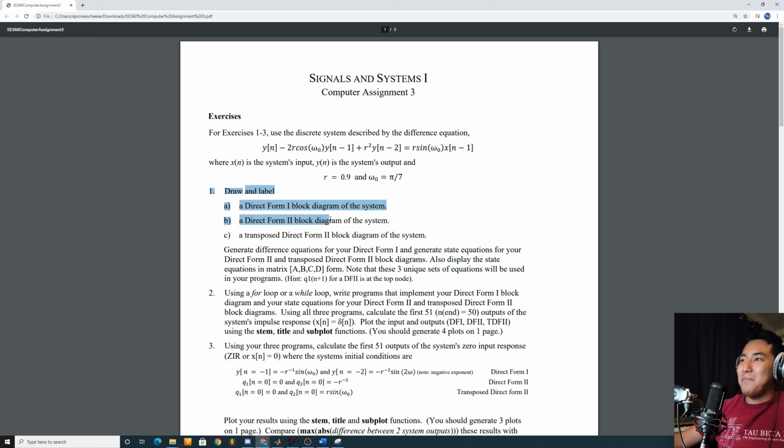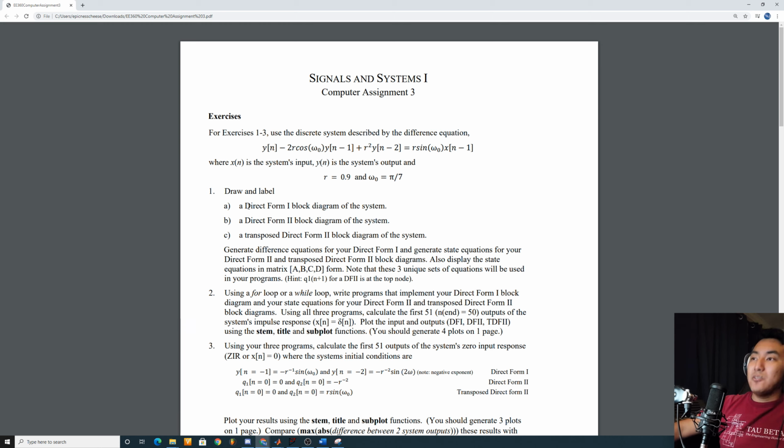Exercise 1, draw block diagrams. Note you're going to have 3 unique equations. Don't just give me the direct form 1 block 3 times. Don't do that. There's 3 unique equations. Yes, the y output eventually becomes the same, but there's 3 ways of implementing that output. And note this is a state space diagram. And I give you a hint for the top node for the direct form 2 block, so that should be